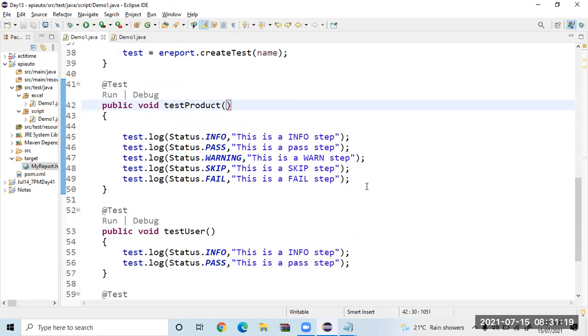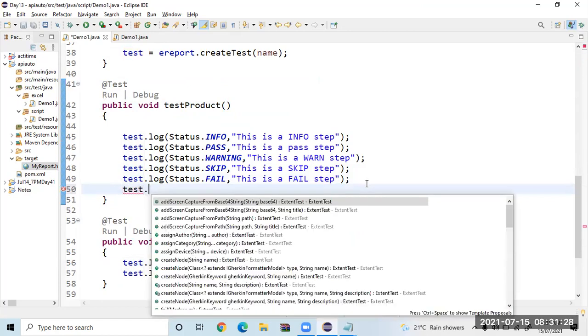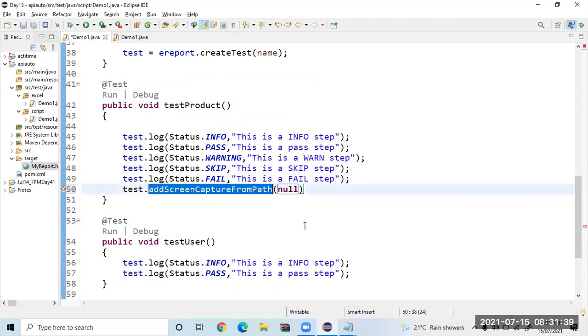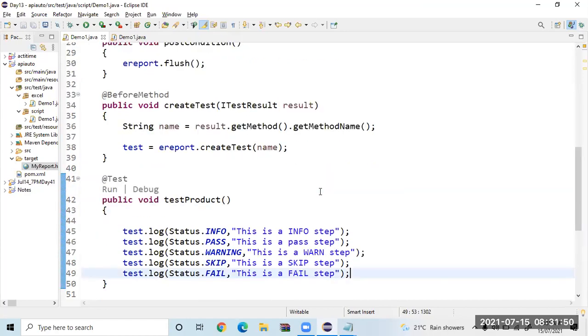And listeners, event listener, something like that, no, sir? Come again, please. Event listener. I mean, there is a listener. With that listener, we can take a screenshot, no, sir? It is up to us whether we use it. If you are using TestNG, then the event listener comes into the picture. But if you want to add a photo, there is one method. What is the method? addScreenCaptureFromPath. You give the path of it, it will attach the screenshot. And it is not mandatory to use a listener. It is up to us how we report.